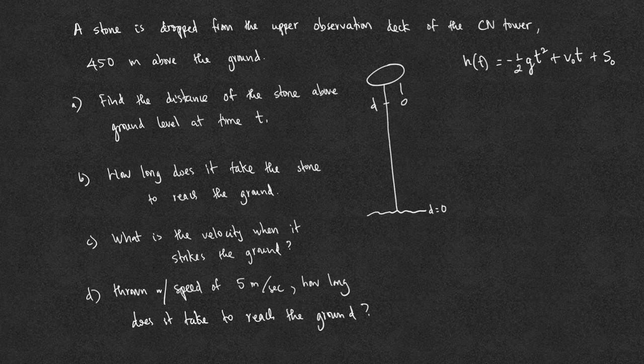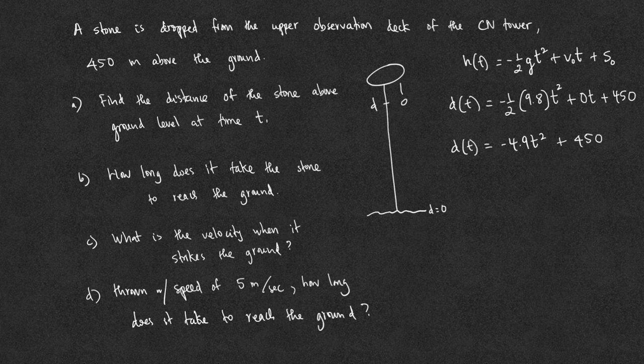In this case, if we let d be the function, then d of t equals negative 1/2. The metric system, meters, is given, so we use the gravity 9.8 meters per second squared. t is a variable, so we rewrite it. The stone is being dropped, so there is no initial velocity. The velocity is 0 in this case. And the initial height is 450 meters above the ground. Simplifying this, we have negative 4.9 t squared plus 450, and this is the distance above the ground level at